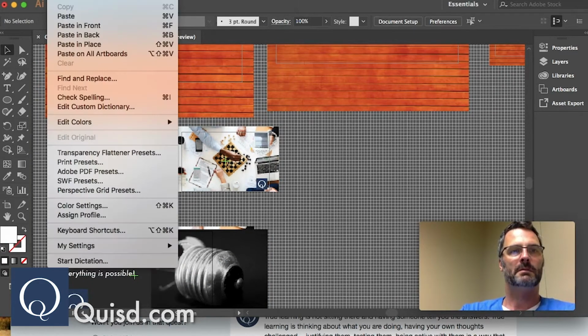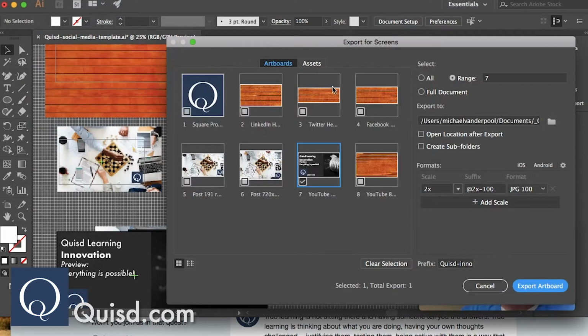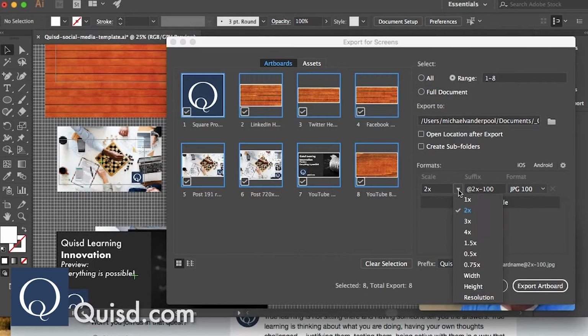So if I come up to here in File, and I'm going to want to, oops, that was Edit, File, Export, Export for Screens. Let's see, Quizzed. I can just do that in my prefix. That way all these things that I spit out are going to have this name as a prefix. Go ahead and select all of these. I'm going to export them as JPEGs,